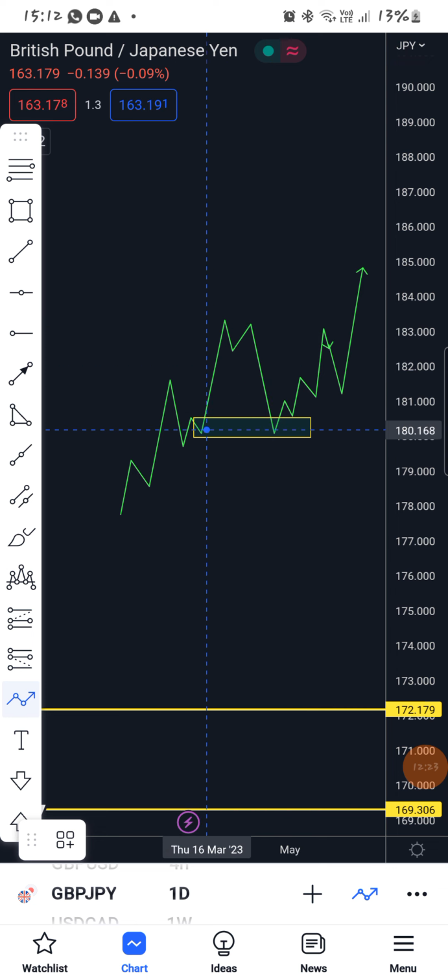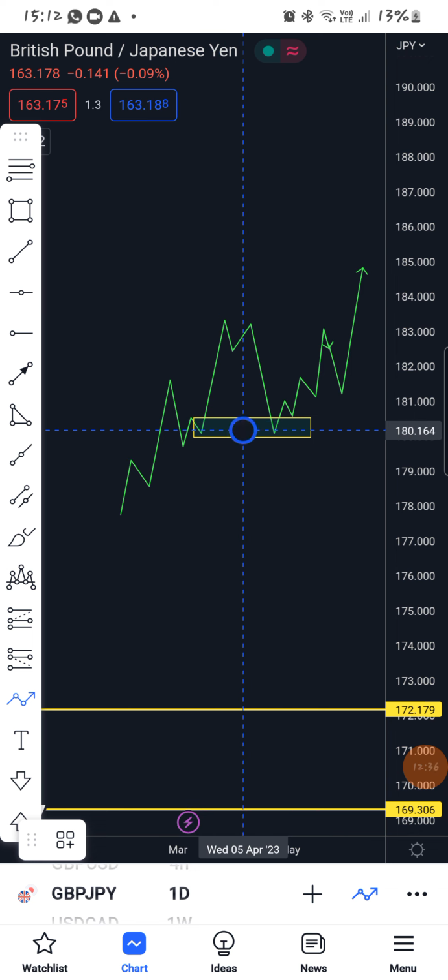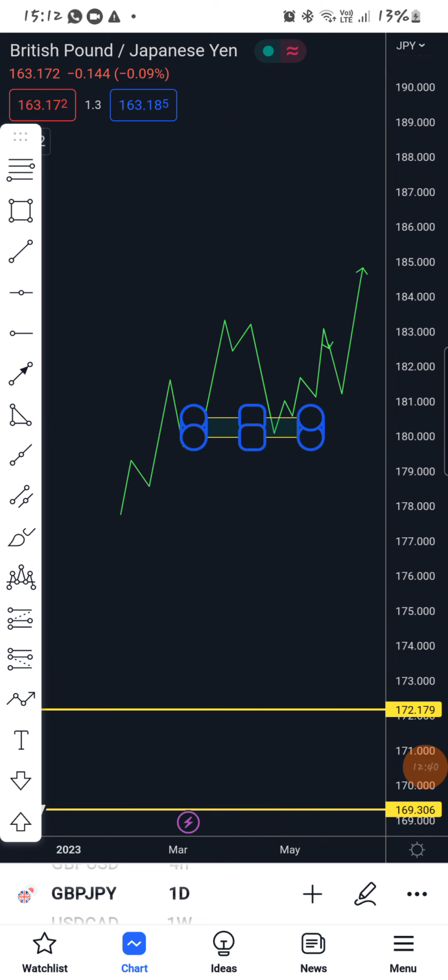So there's this thing, demand, and there's also a supply. I'll show you supply later on, but let's just start with the demand area. Let me remove all this and try to draw the market, how the market moves